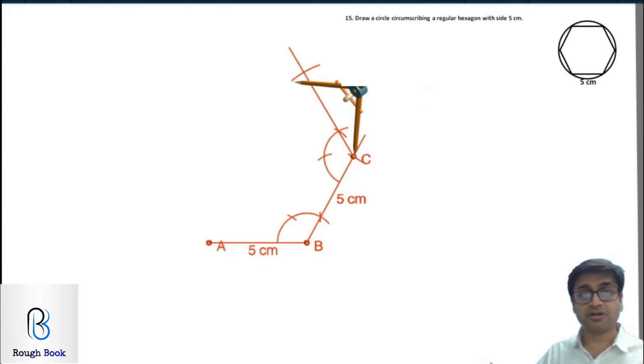Now once you reach here, how are you going to go further? From A, again take 120, same procedure. From this point also 120, same procedure, and you get this point over here. Join these 2 points, a hexagon will be ready. Or you can take from this point over here, write D as 120 and then also proceed. Anyways, you have to draw minimum 3 or maximum 4 120 degrees. So pause the video, try on your own and then come back.